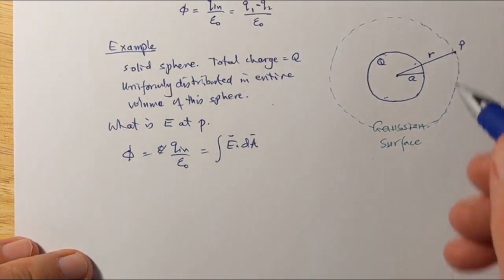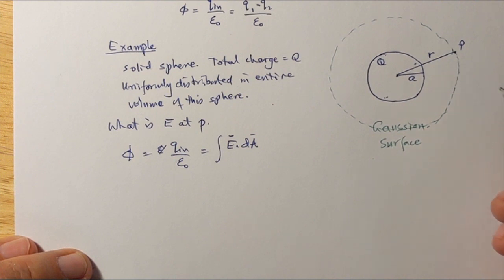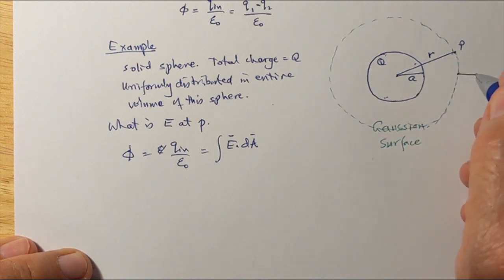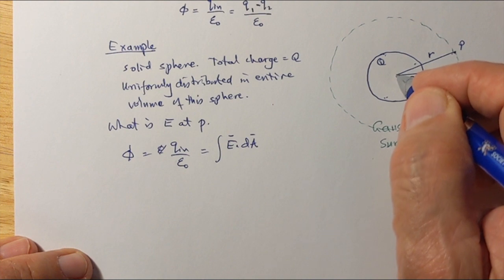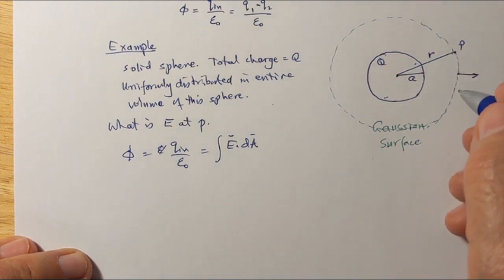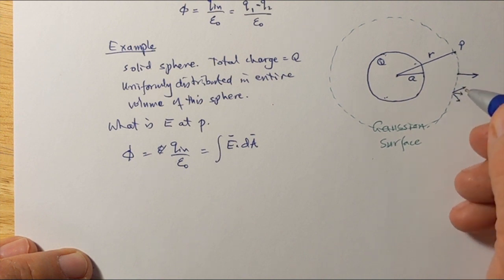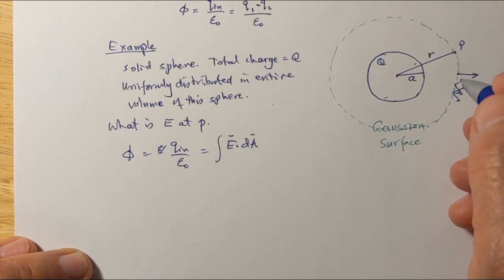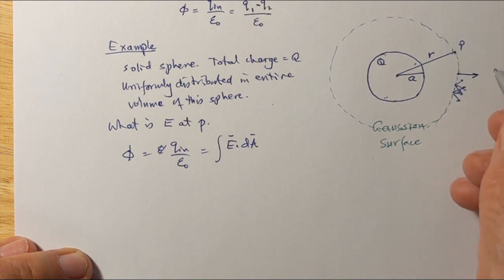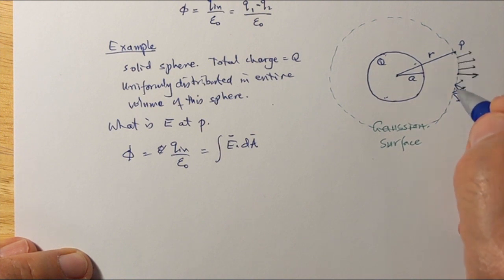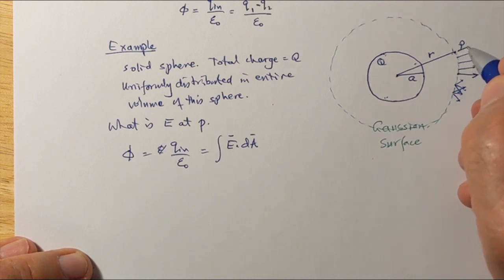Now, because of this symmetry, what we can assume is that the electric field at any point has to be pointing radially outwards, coming straight from the center. Because if the electric field were not radial, suppose the electric field were like that at a point, well, the other points from where it would intersect, and that can't happen. So the electric field everywhere has to be pointing radially outwards along this entire Gaussian surface. So the electric field is going to be pointing this way